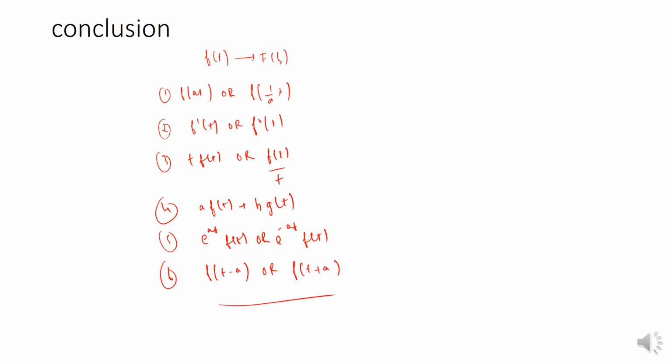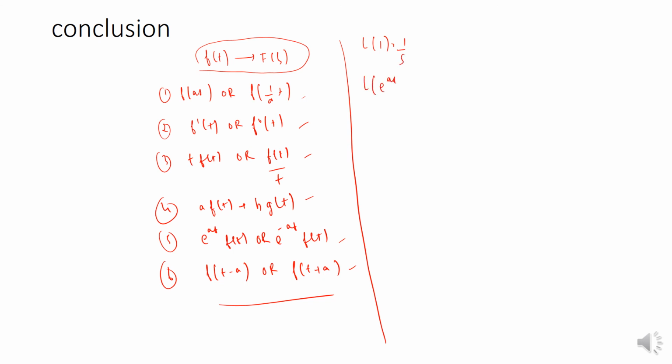Now what we have been doing so far is, given a signal f of t whose Laplace transform is F of s, how do I find the Laplace transform of these signals? That is what the properties of Laplace transforms help us to find. To do this, we have to know the basic formulas as well. As we have been seeing, Laplace transform of 1 is 1 by s. Laplace transform of e power at is 1 by s minus a. E power minus at is 1 by s plus a.